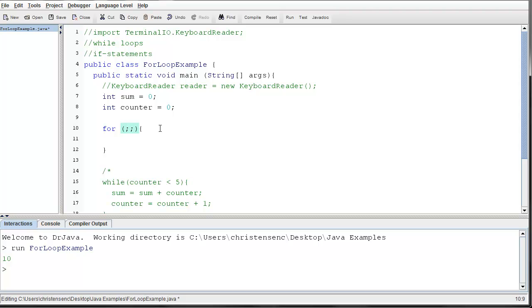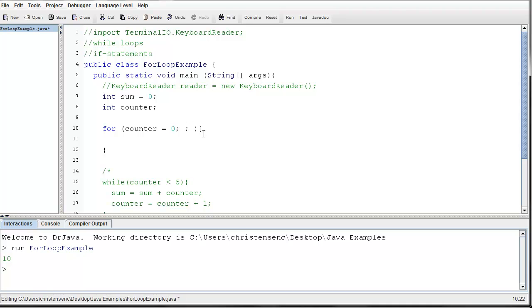The first part, I have to say what the initial value is for my counter, and so a for loop kind of has that counter idea built right into it. And so I'm going to continue using my variable called counter, and I'm not even going to set the value of it up here because I'm going to set the value right here, which is what you do in a for loop. So I'm going to say counter equals 0. So that's what goes in that first slot, and then in between the next two semicolons,